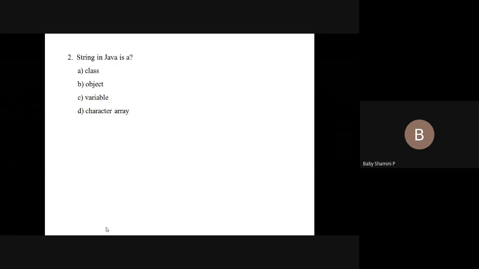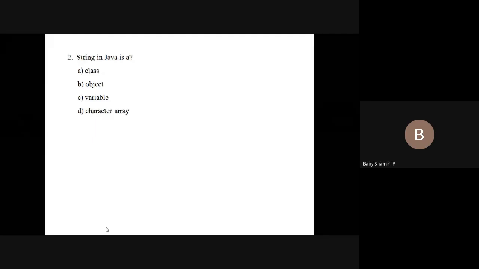String is not an object. In Java, we have the String class and the StringBuffer class. Inside we have a lot of methods, like length and indexOf. If you want to perform some operations, we need to create an object.